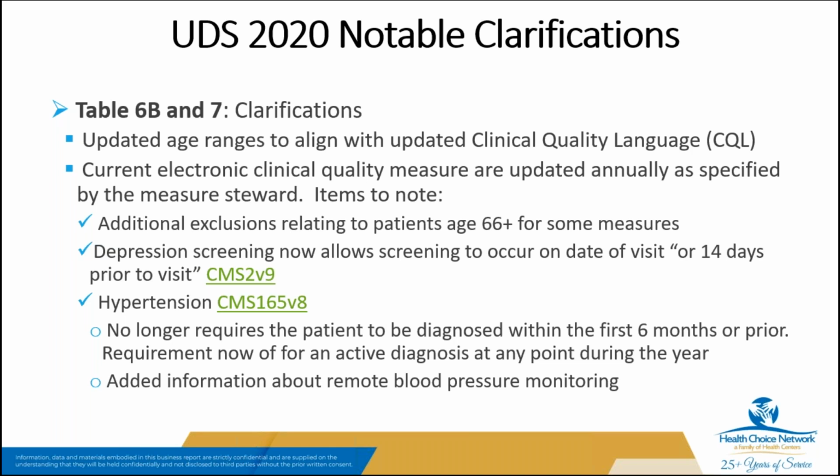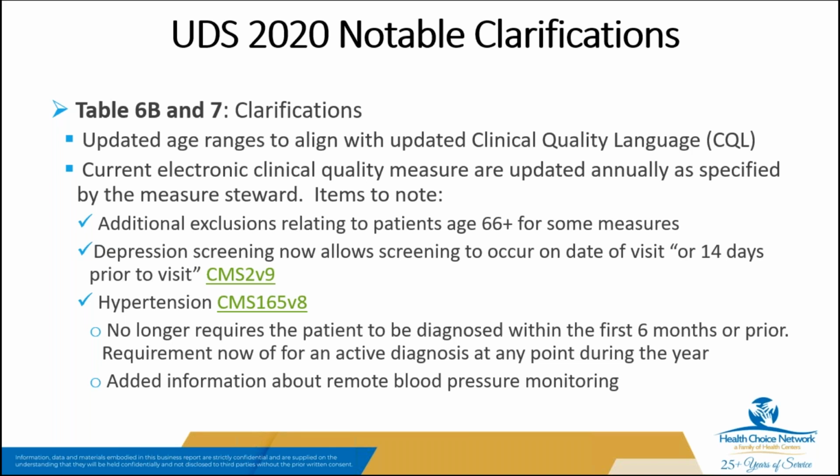But there are some measures with changes that we should note. Some are a little bit more impactful than others. The first one is that they've added exclusions relating to patients 66 and over for some measures. And specifically what they're saying is that for some measures, they're allowing you to exclude patients 66 and older with advanced illness and frailty